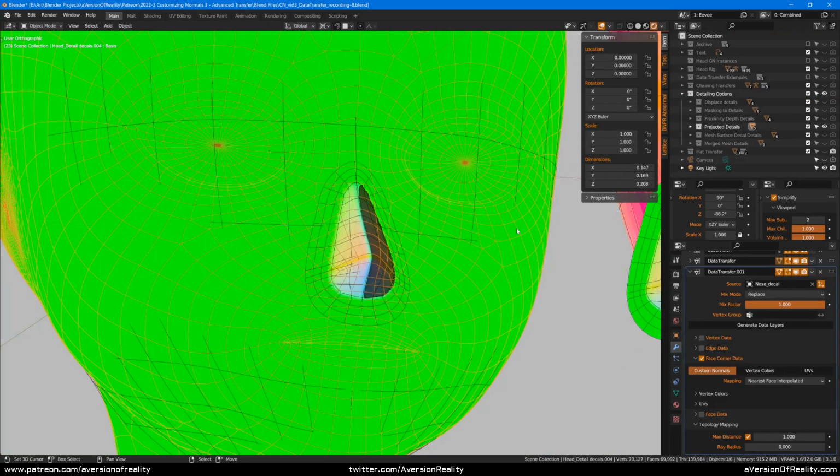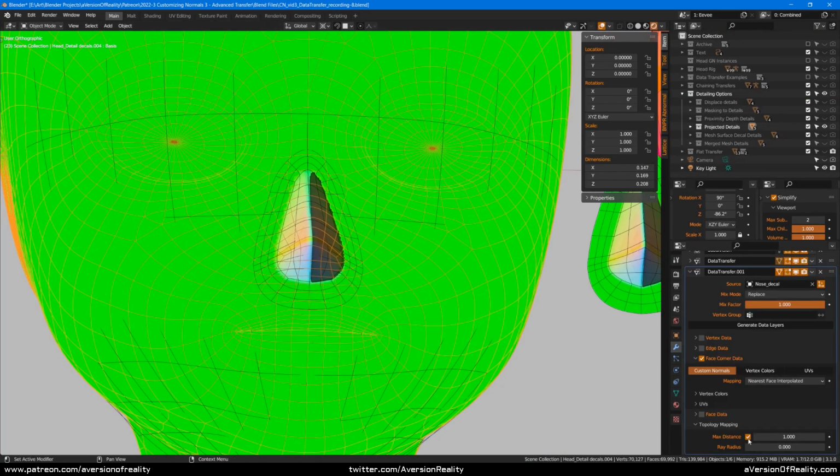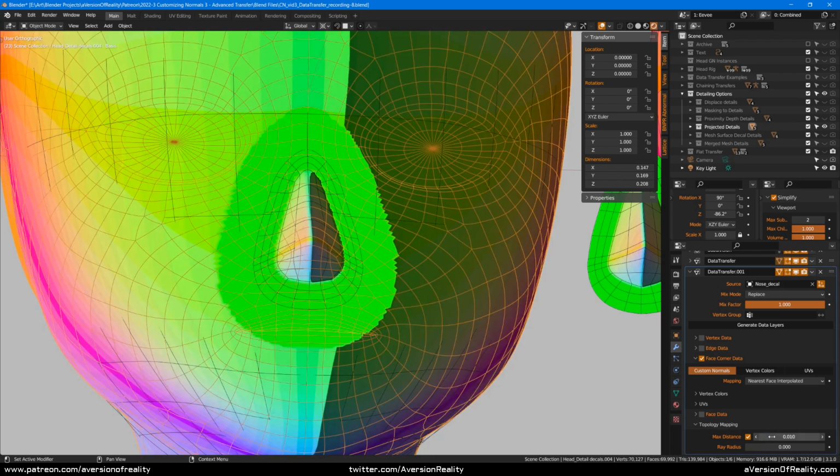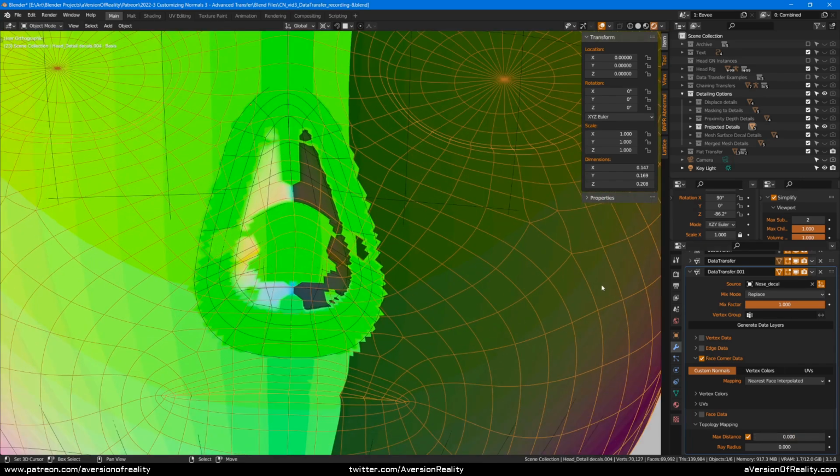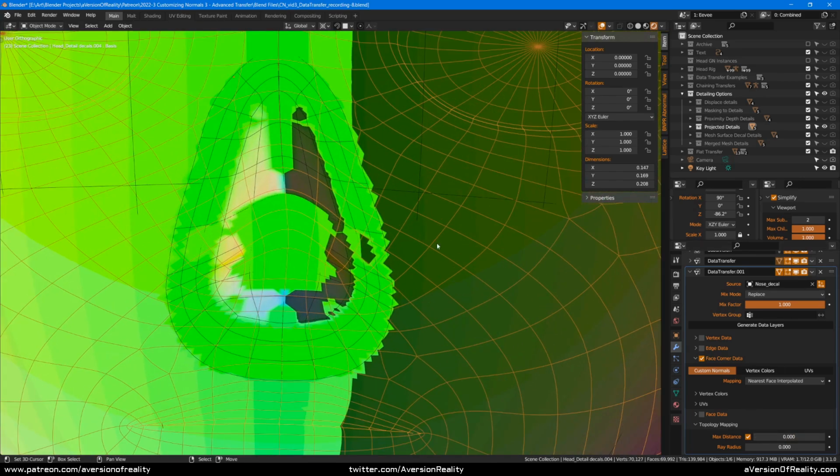We can get it to not behave like this by using the max distance checkbox under topology mapping. This lets us set a distance check. And this is in Blender units, so we have to go to a pretty small number. And I actually forgot to mention this in our previous video, but that was because it's basically never useful for normal transfer, although I presume it's useful for some other things. Because if we set it low enough to give us the same behavior we already had, then it can mess up other areas.